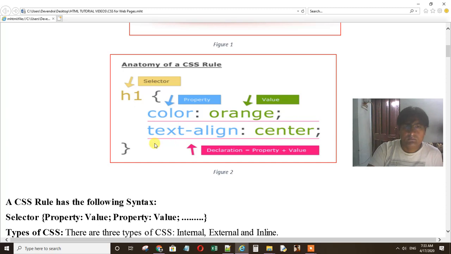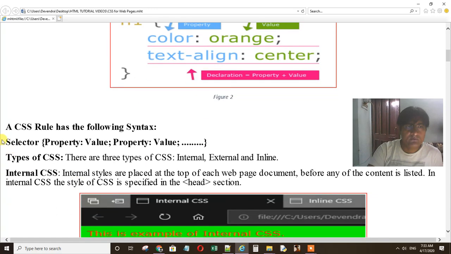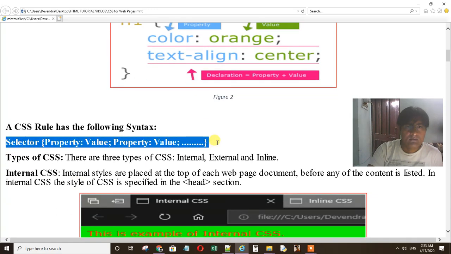So we can understand that the h1 tag will have these characteristics: color will be orange and alignment will be center. So a CSS rule works in this way. A CSS rule is like a selector, which can be any tag, then the property colon value semicolon, again second property colon value semicolon, and this way we can proceed.